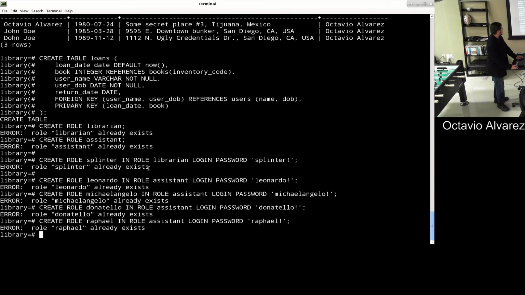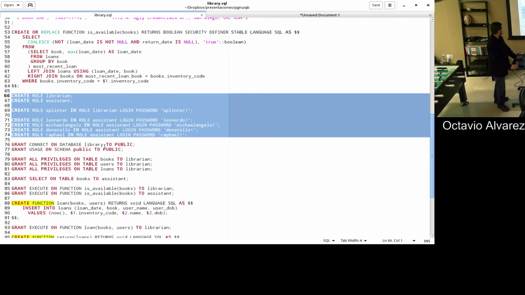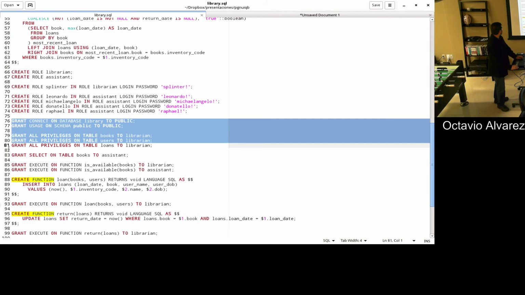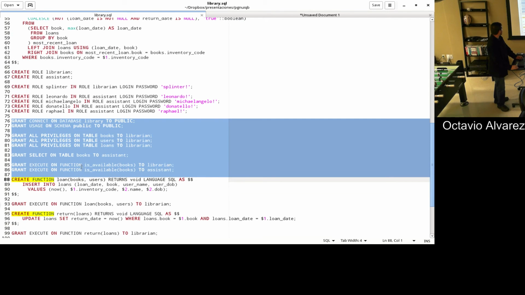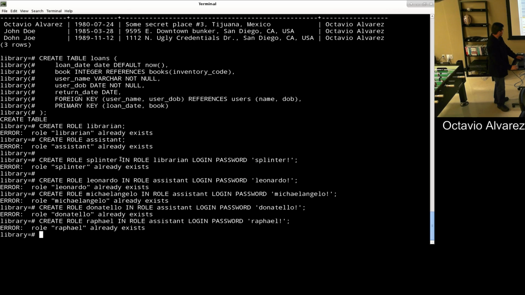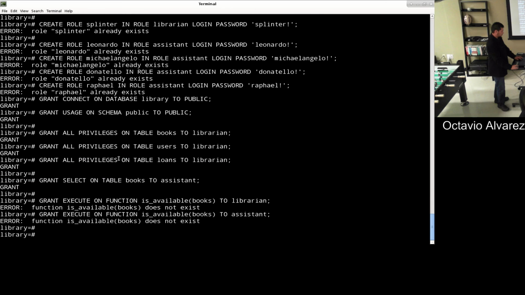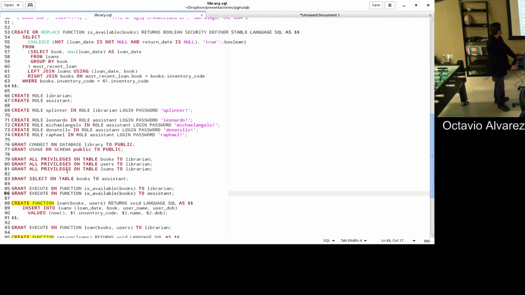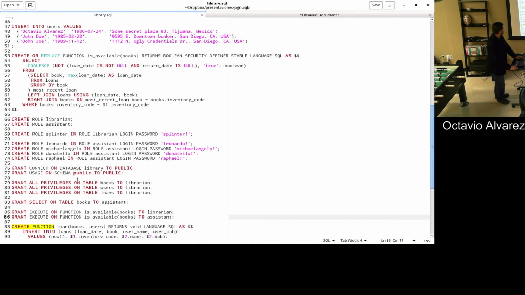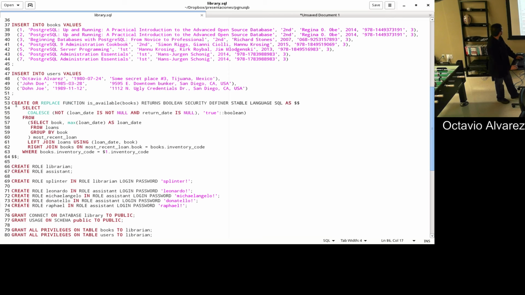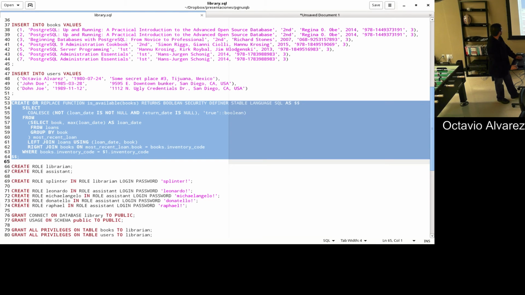Doesn't matter. I cleared the database before presenting, but I didn't clear up the users. I just created a catalog. So they're already created. I'm going to grant them the appropriate privileges. And we're going to face some weird problems here. Before I go into the users, I'm going to create this function. If a book is available,